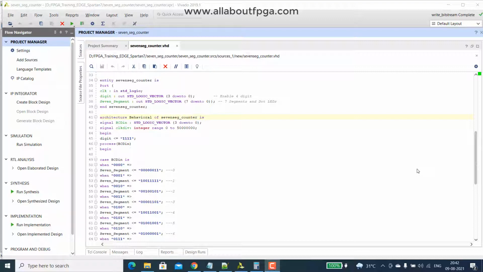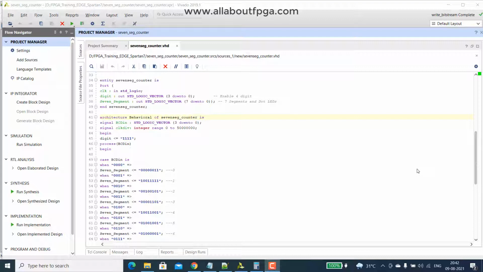To achieve that, we need to send the data at 1 millisecond to 16 milliseconds. Within that time, we need to send the data one by one. That is, we send the data to digit 1, and then after 1 millisecond to digit 2, then digit 3, digit 4.